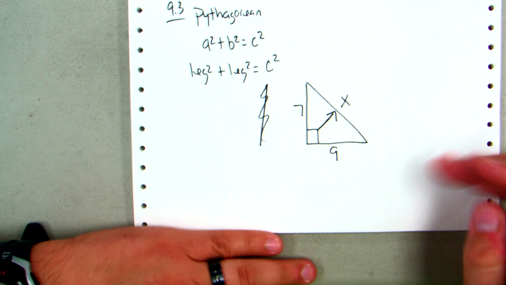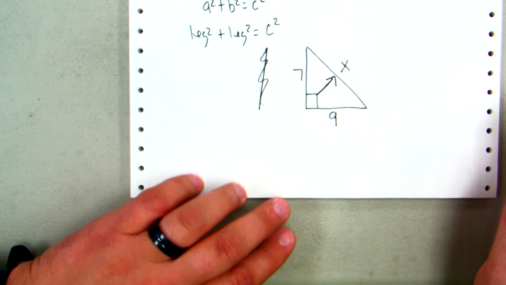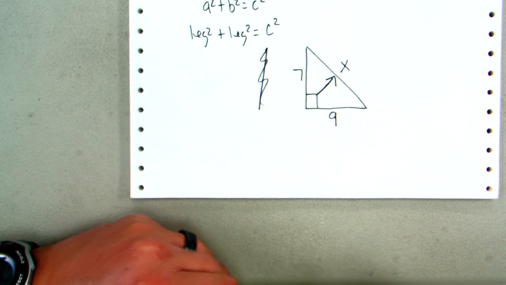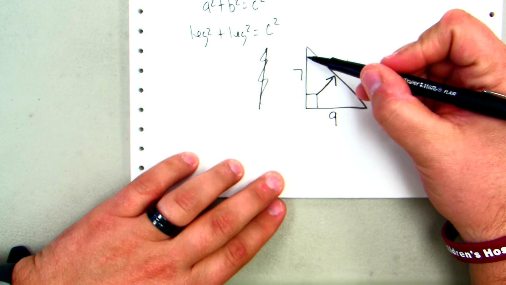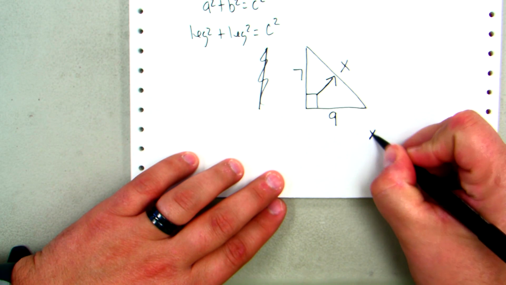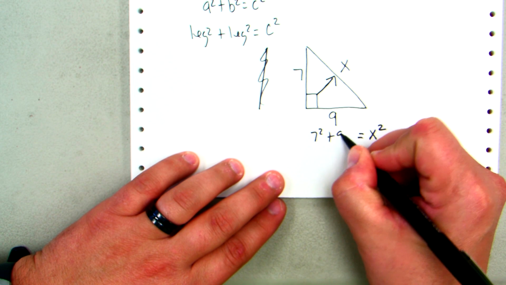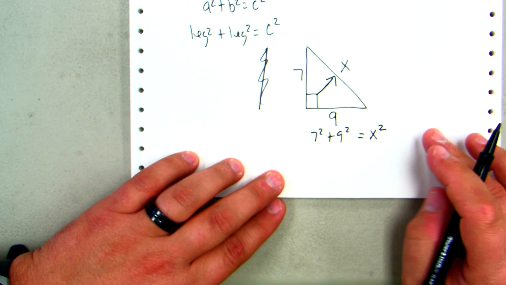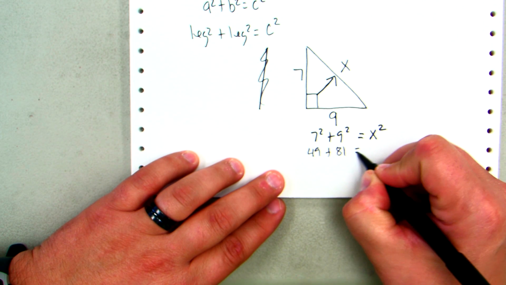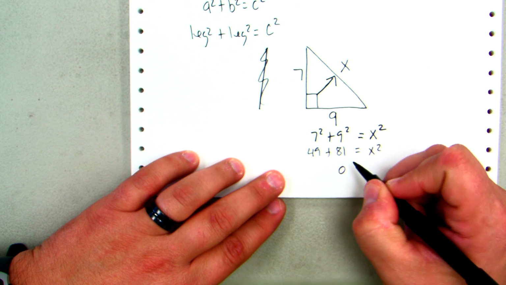So in this triangle right here, we are looking for the hypotenuse. Now, don't get too caught up in, well, is this one A or is this one B? That's not as important as knowing that it's the two legs. Take the hypotenuse and put it by itself on a side, and then just simply say 7 squared plus 9 squared equals x squared, which is your hypotenuse. So you would have 49 plus 81 equals x squared, and this would give you